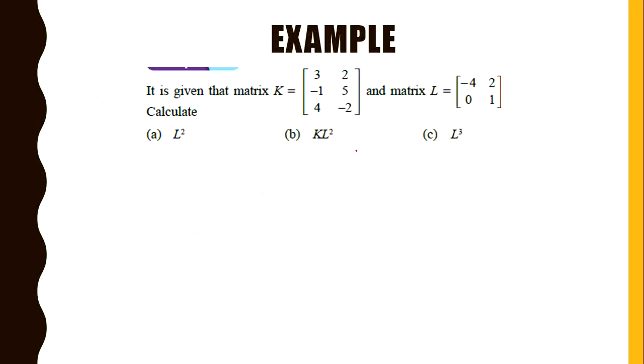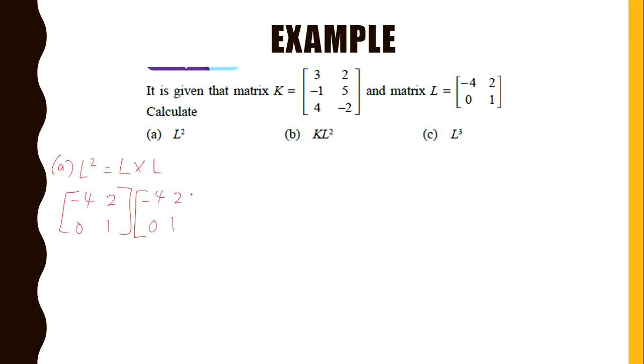Next. It is given that matrix K and matrix L. Calculate L square, KL, L cube. Okay, look at A. How is L square done? What is the meaning of L square? L square is the same as L times L. So it multiplies the same matrix. The same matrix can surely be multiplied, right? And it will get